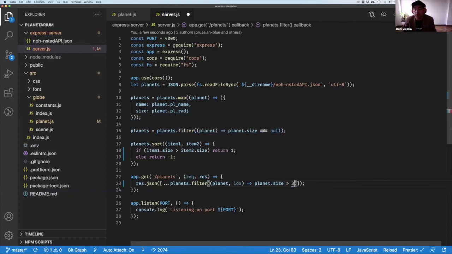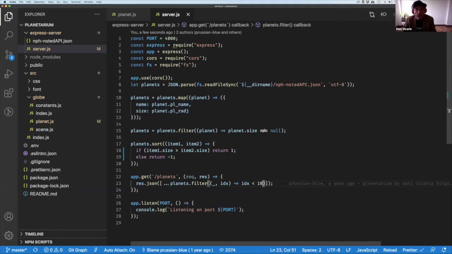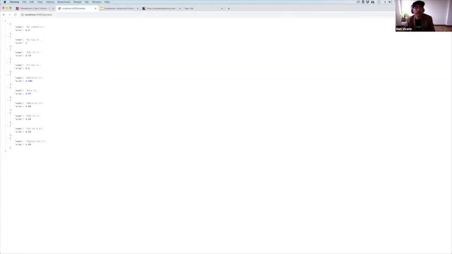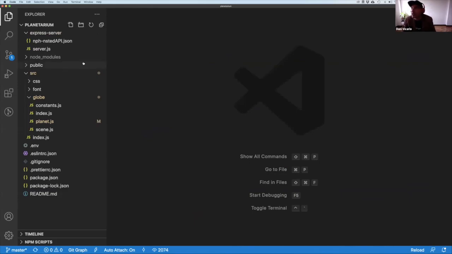So that's really cool. I'm going to return to the previous code I had, and I'm going to show you 10 planets only. So again, I have 10 planets. I'm going to reverse the order back again, and there you go. Now we have the planets being served with real data coming from the NASA, right? So next step is showing you how I generated